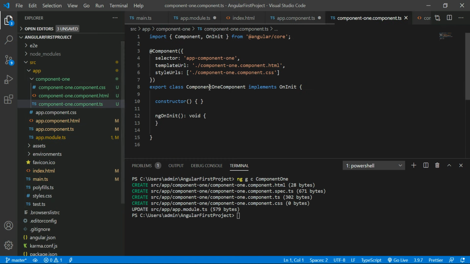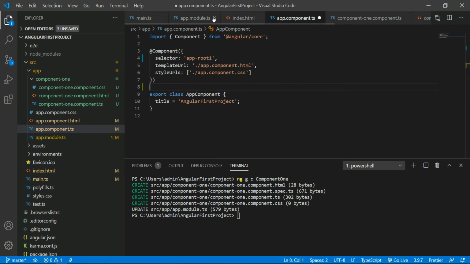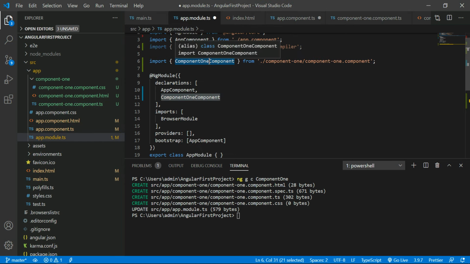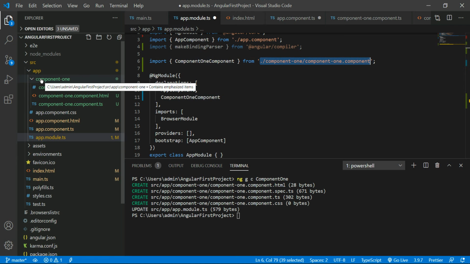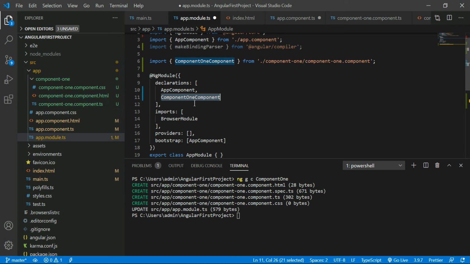Whatever the class is, this class should be imported in the app.module.ts file. Once you have imported this component1 class, it is available in this location. This component1 is the folder, and this folder contains the TS file, right? Next step is you have to declare component1 in the declarations part.